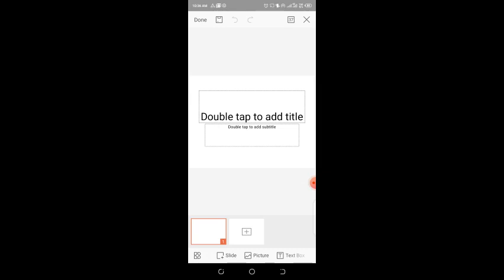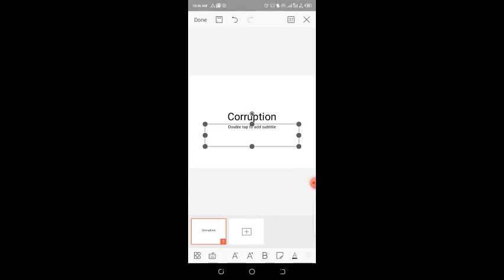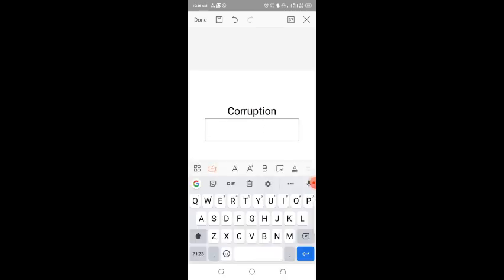And now when we click on our blank, it gives us a slide. Remember, these pages in PowerPoint or presentation are called slides. So it is asking us now to double tap. Assuming that we want to write about something, I'll click onto this one. Let's say I want to type about corruption. I'll click that. Then if I want to give a simple definition there, I'll double tap again and